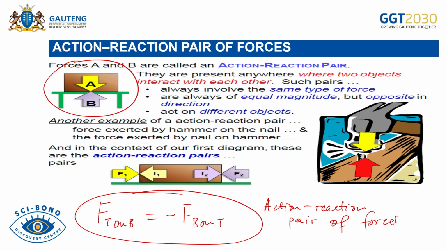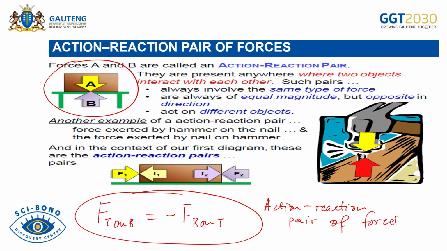But another thing we need not forget is that in most cases, learners, when it comes to action-reaction pairs of forces, they only focus on objects that are in contact, the forces exerted by objects that are in contact. For example, in this case, the block and the table are in contact. So there is a force exerted by the table on the block, and the reaction is the force exerted by the block on the table. They only focus on the forces exerted by objects that are in contact, and they forget that there is also